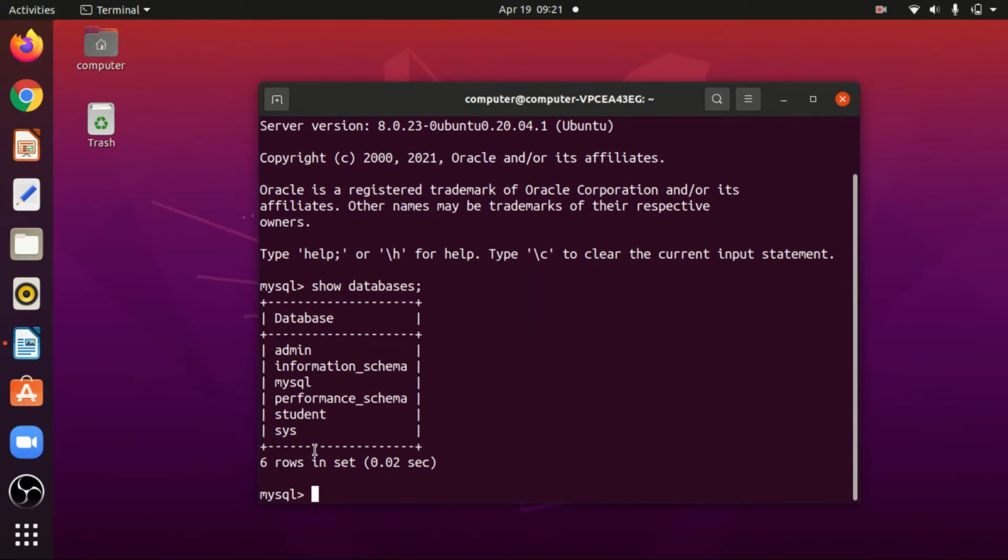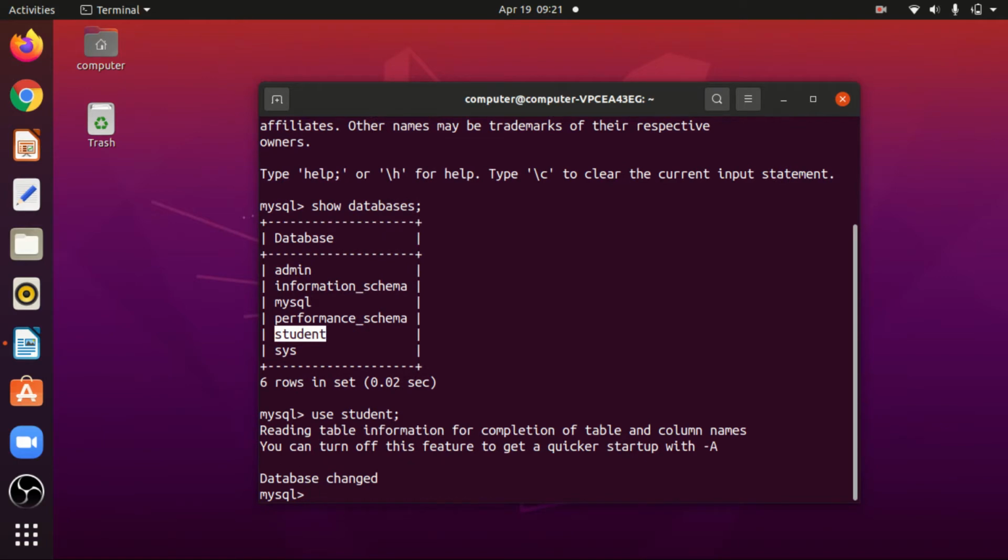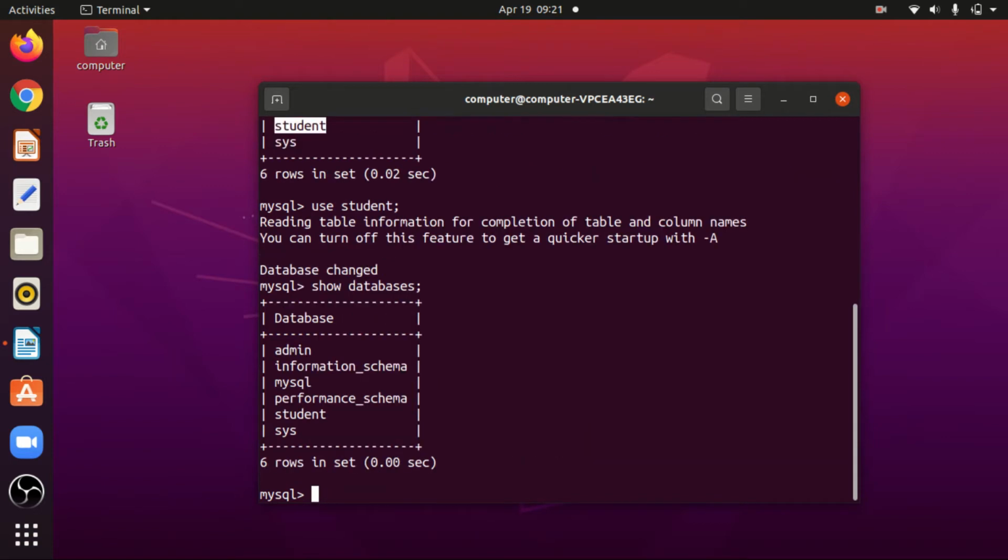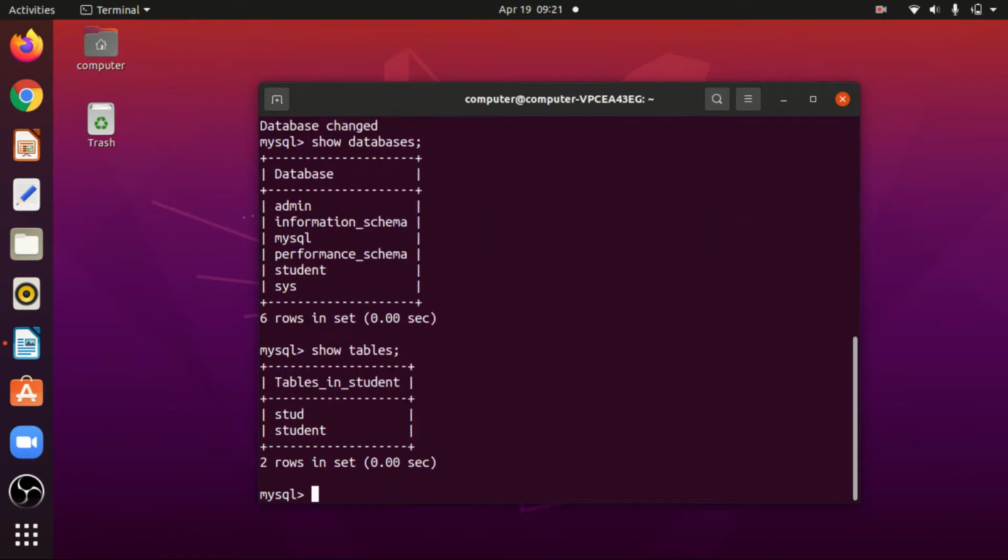Out of that, this is the database which I have created. So I will use this particular database. Then show the tables inside this database. So these are the two tables which I have created.